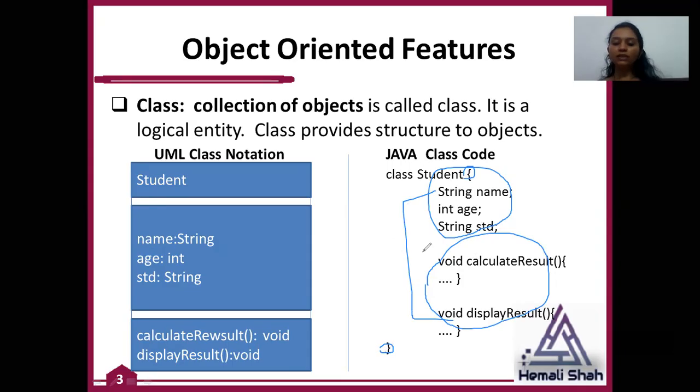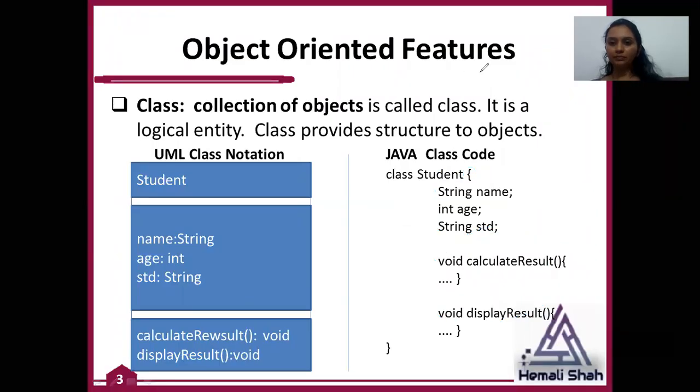So in an object-oriented language, first you need to observe the objects of your application or system. After finding the objects, you have to identify which are the properties of the objects and which are the functions that you require for those objects. By observing these things, you have to decide the basic common structure for all the objects, and that common structure will be represented by the class. This is called the class object-oriented feature.